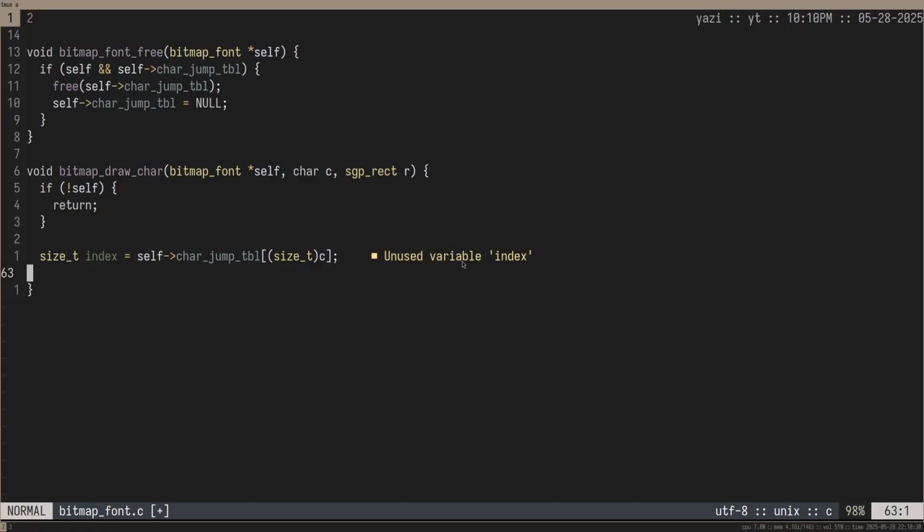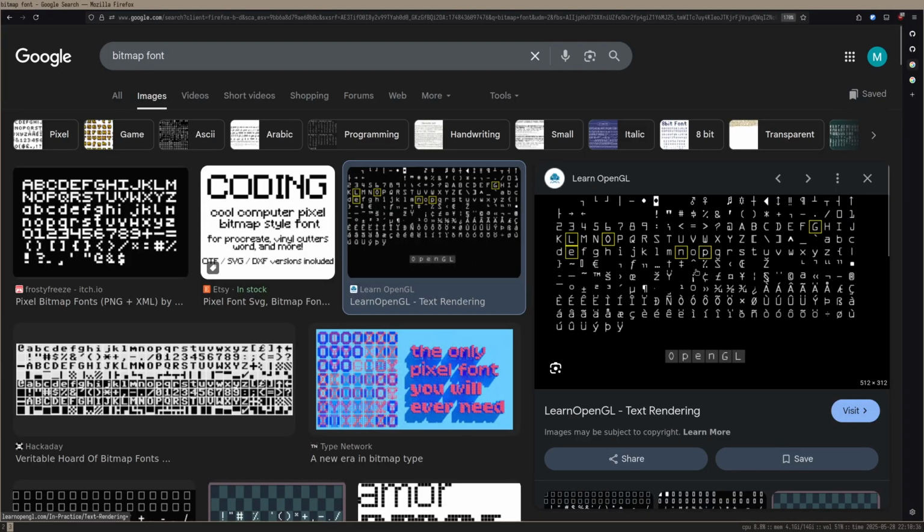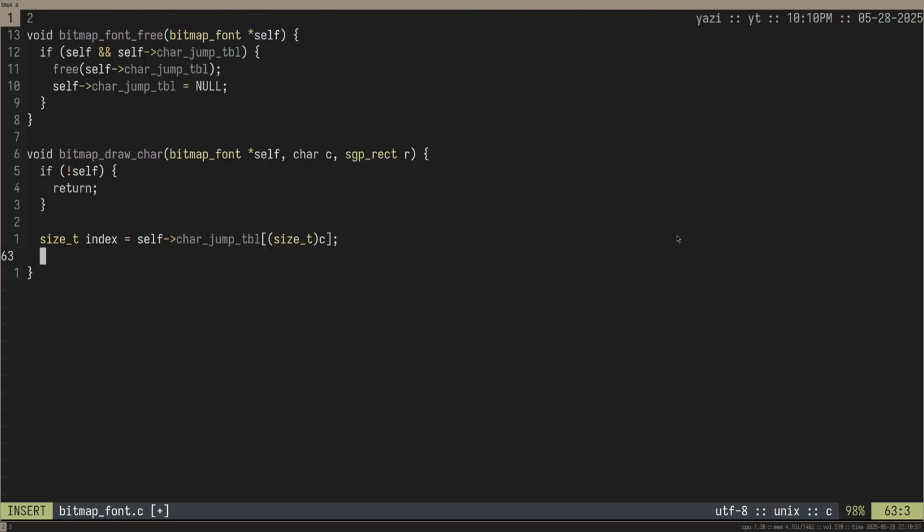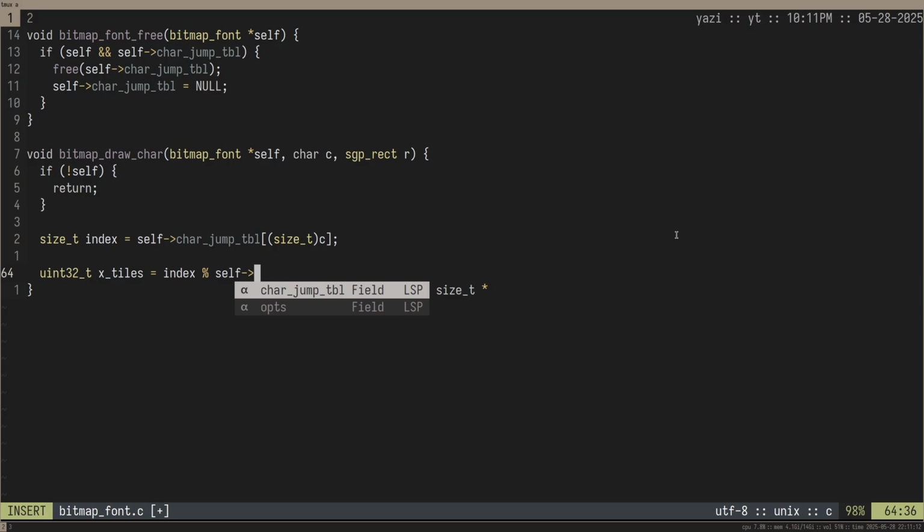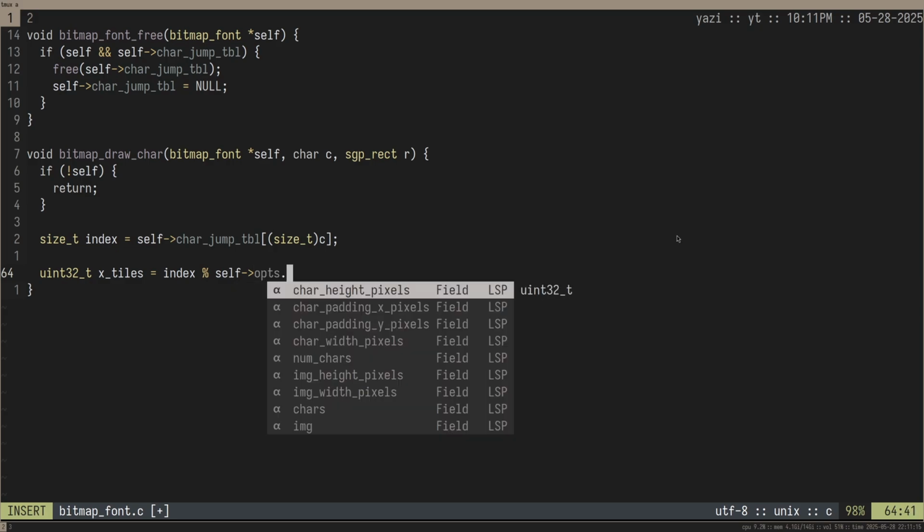So let's go ahead and actually do the math for this. To grab the location in pixels on the image that you want to crop out, we're going to need to do a little bit of math. We need to grab the X and then the Y, which goes from 0 downwards, traditionally, with these sort of texture coordinates. I think it's a lot easier to separate this into a couple of steps. The first one is we're going to grab the tile X and the tile Y, so the X and the Y in terms of tiles, or number of characters. So I'm going to do that first. So uint32_t x tiles equals the index, modulus divided by the self arrow, and then it's going to be